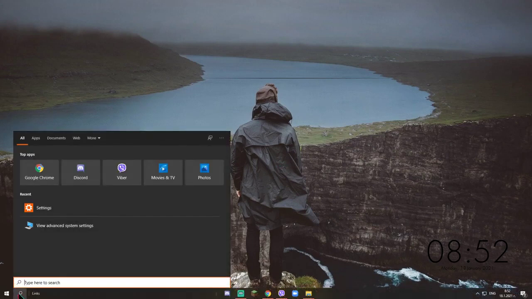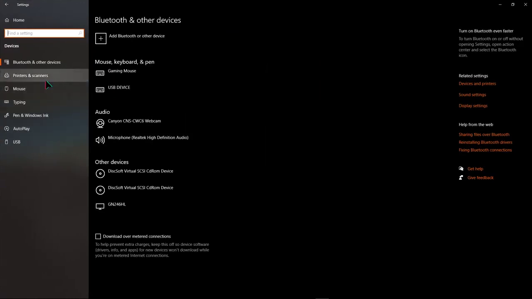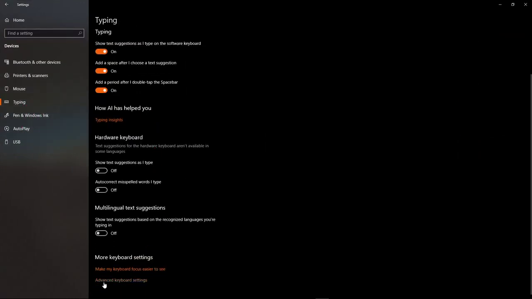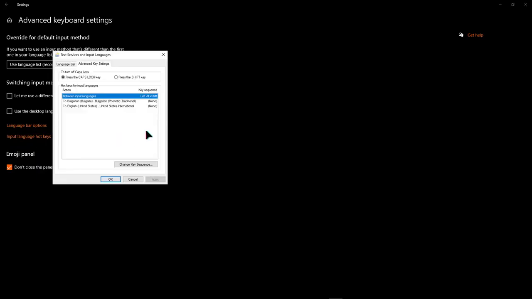So first, search here in Windows Search for Settings like this, and click on Devices here and click on Typing. Scroll down to find Advanced keyboard settings and then click on Input language hotkeys, and from here you can make a shortcut to switch to, let's say, Bulgarian, to switch to English, United